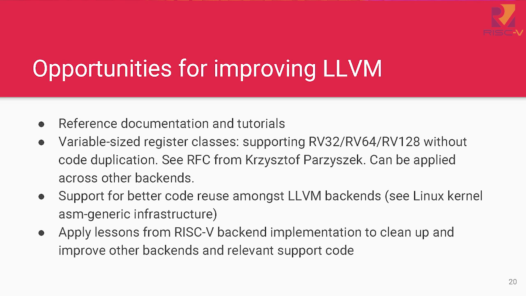I've been discussing with Christoph Parsek, who's the maintainer for the Hexagon backend, a proposal for an abstraction that would reduce code duplication for RISC-V, PowerPC, MIPS, Sparc, all these ISAs where, due to some engineering decisions in LLVM, you end up having to duplicate some of your instruction set definitions across 32-bit and 64-bit. And of course, that's a little bit worse for us in RISC-V when we start talking about RV128.